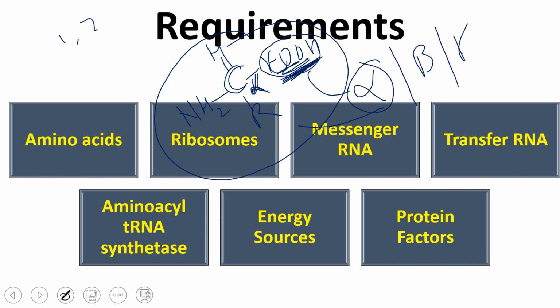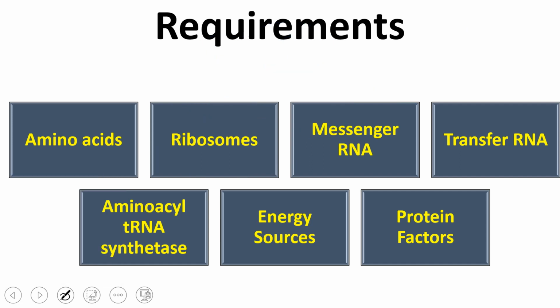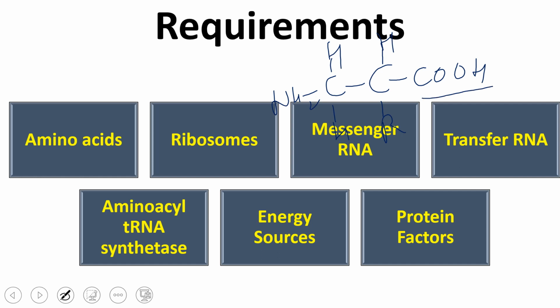I am coming there. Second, if I write it, this is my carbon. Here we have a COOH group. This is carbon. So this is NH2, H, H, H, R. Is this an amino acid? Because according to my definition, any compound which has an acid group and an amino group together in the same carbon, in the same case, we are going to call an amino acid. So this is also an amino acid, correct?